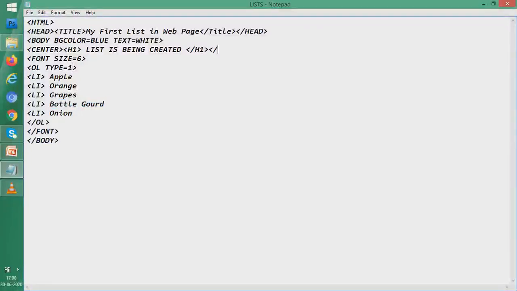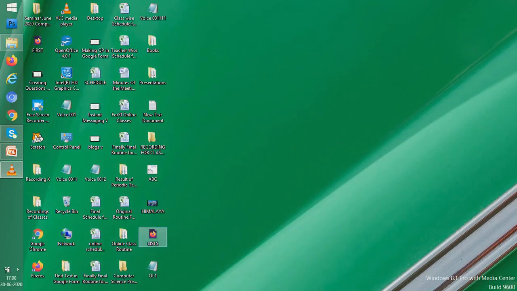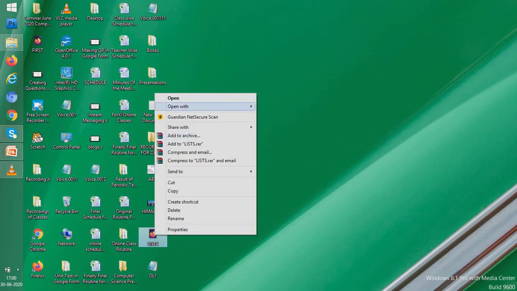So we have a heading which is at the center. And one more thing we are seeing, we need to put the L as capital L. So if I put the L as capital L, when we open lists using Google Chrome or any other web browser, this is how our screen looks.